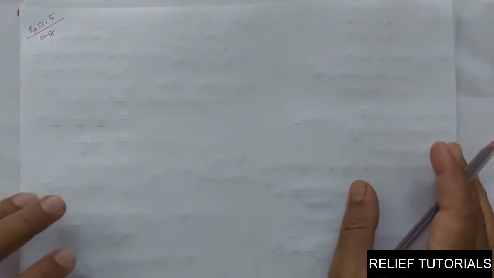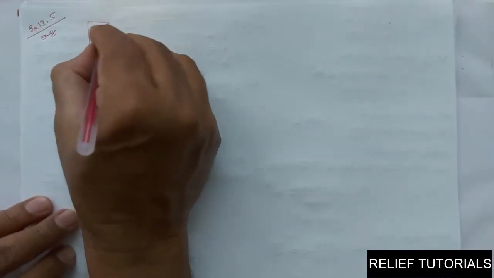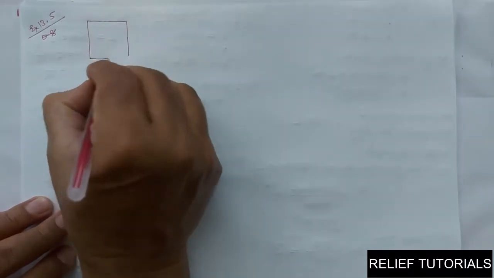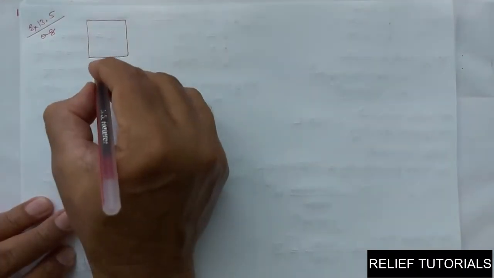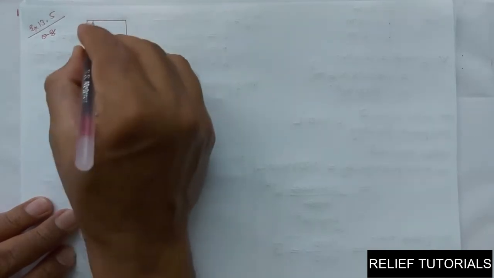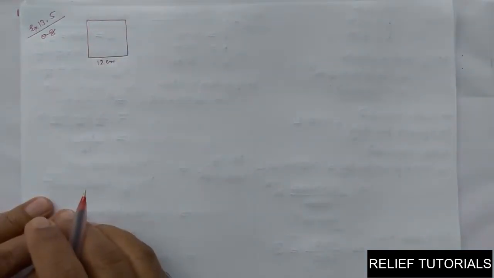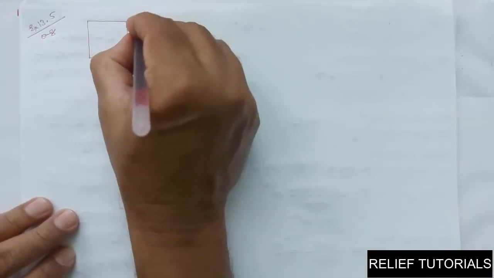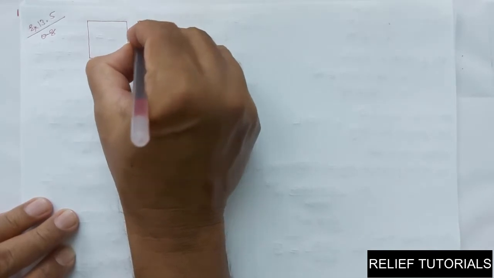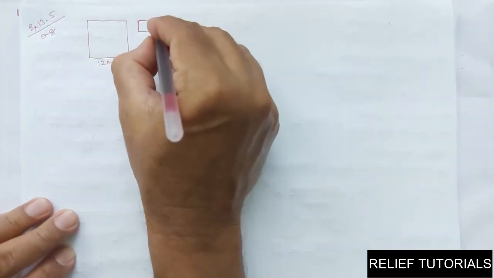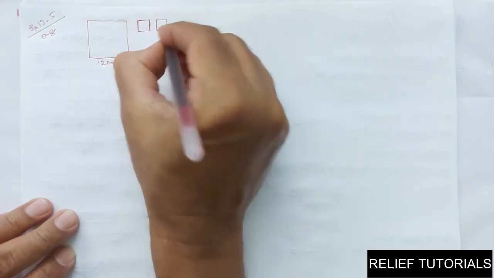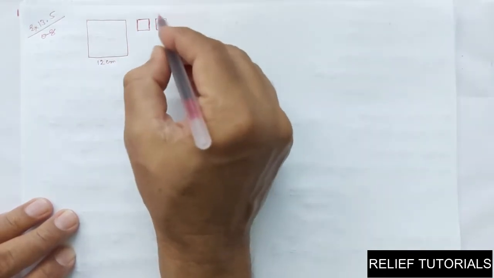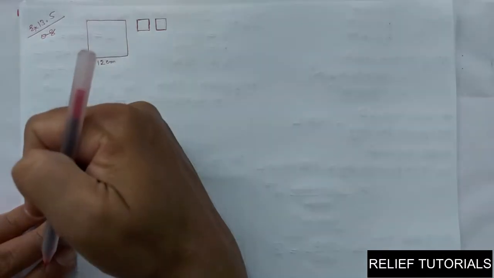So how will we do that? Have you got it, friends? So there is a bigger cube. Here the length of the edge is 12 cm and it is cut into 8 cubes of equal volume. So first we will find the volume of this. Now it is cut into 8 cubes of equal volume. So the volume of these 8 cubes is equal to the volume of the bigger cube.